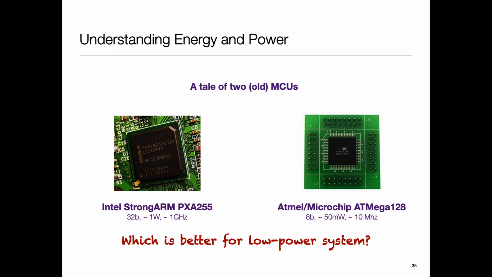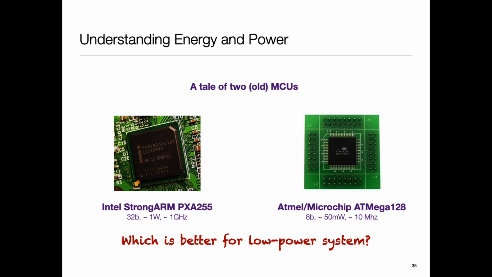Now, one thing I wanted to highlight is that there are two separate sets of issues, and one has to be very careful about them. One is the issue of energy, and the other is the issue of power. I talked about it a little bit earlier. I can have low power, but energy remains the same. In some cases, energy matters because that affects how much work I can do on the same battery. In other cases, power matters because it affects thermal dissipation and stuff like that, among other things. So I want to touch upon that a little bit.